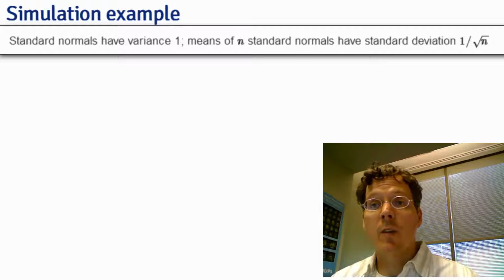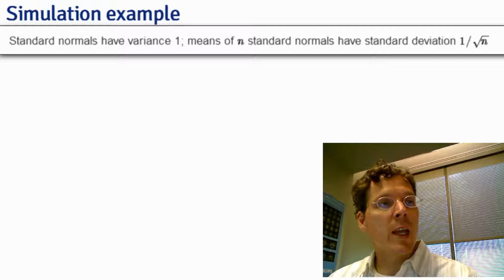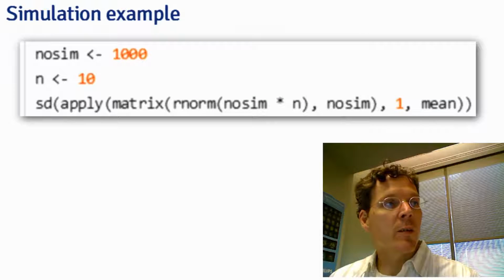Then that means they have a standard deviation also of 1, because the square root of 1 is 1. So means of n standard normals, if our math is right, should have a standard deviation of 1 over square root n. So let's say my number of simulations is 1,000, my n is 10, and here what I'm going to do,